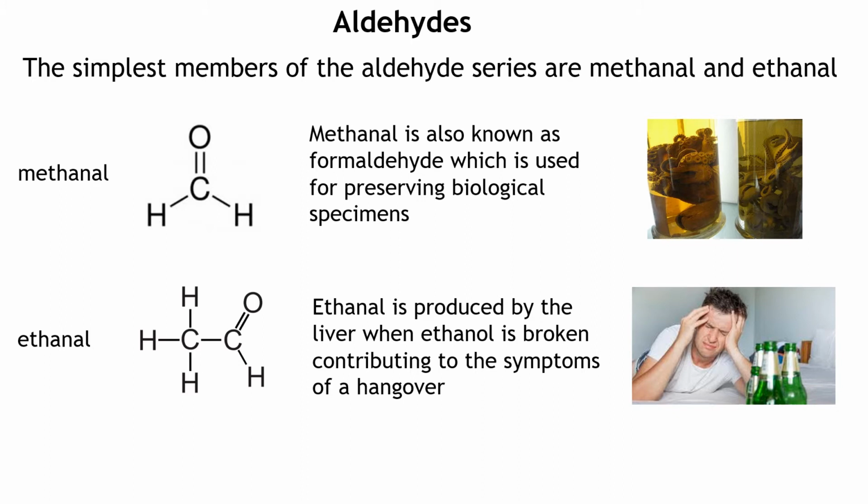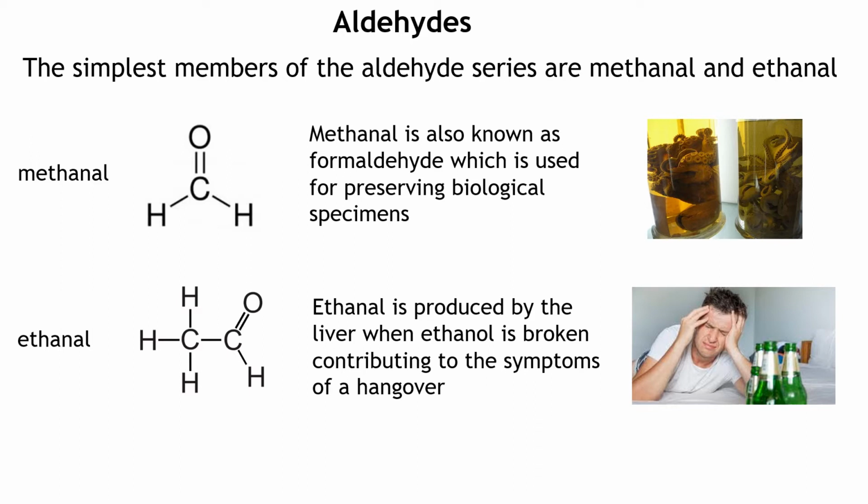We're going to have a quick look at aldehydes first. The simplest members of the aldehyde series are methanal and ethanal. So methanal contains one carbon. You can see it's got a carbonyl group. Methanal is also known as formaldehyde, which is used for preserving biological specimens. So if you collected a sample of a biological specimen and you don't want it to rot, methanal is very